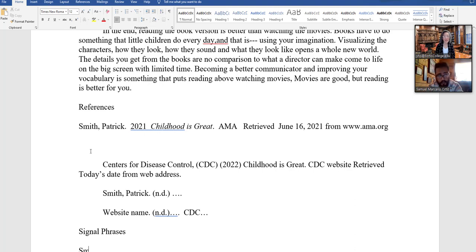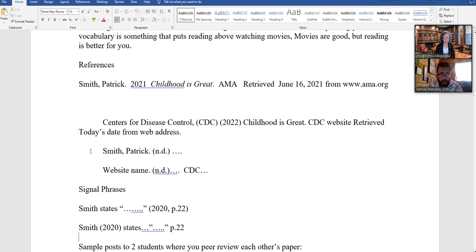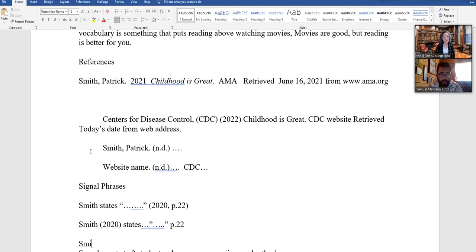Okay, so I could say Smith states blank blank blank 2020 page 22, or I could say Smith 2020 states blank blank blank and then page, and then I would write page 22. Then I could say, what else? Smith, let's see. So there are many different ways. Hold on. 2020, page 22 states,